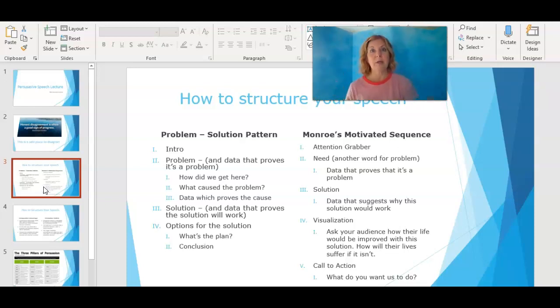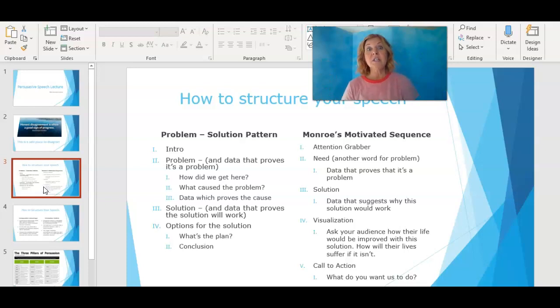So problem solution. The next one I want to talk about is called Monroe's motivated sequence. And this one has a little bit of bling on it. This is more of a storytelling organizational pattern. Of course, like I said, every speech tells a story, but this one is specifically geared towards a topic where you want people to take action. So the very first thing you do is an attention grabber. You can always use an attention grabber in any of the organizational patterns, but it's absolutely required in Monroe's